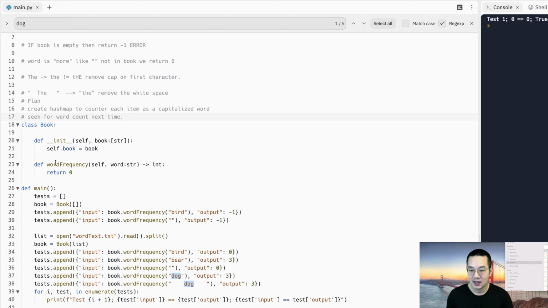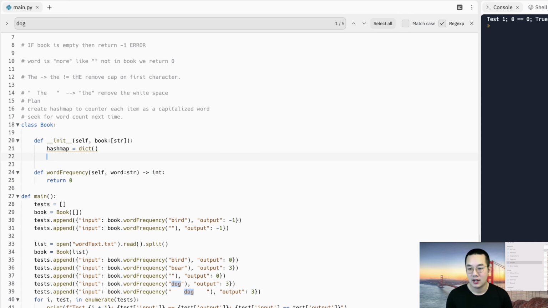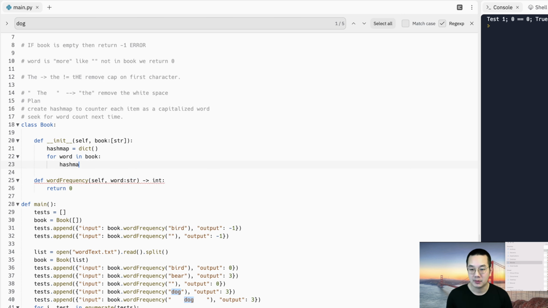So here we see we have created this is a string. We have created a book. That's not what we want to do. We want to create a hash map. Let's do that now. So self.book does not exist yet. So we want a hash map equals to a dict, right? And so for each word in book, right, we want to put that in our hash map, and of that word,